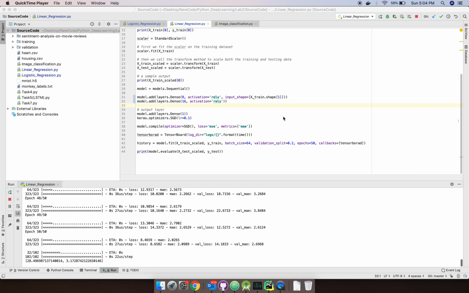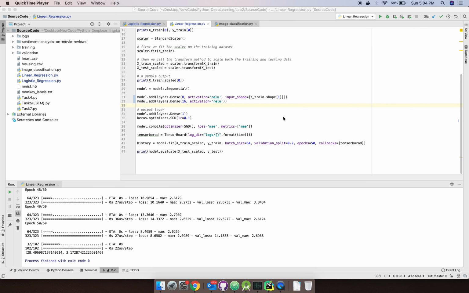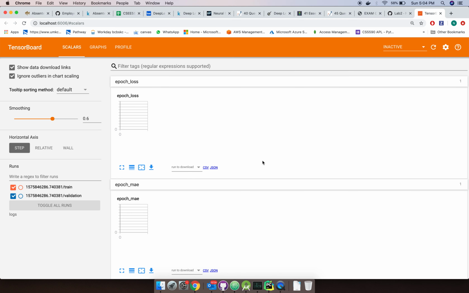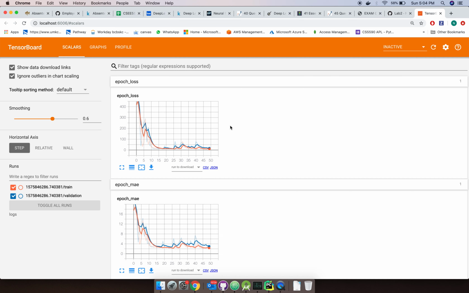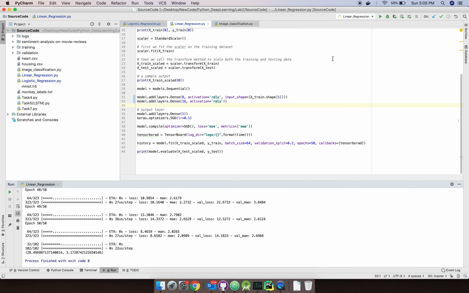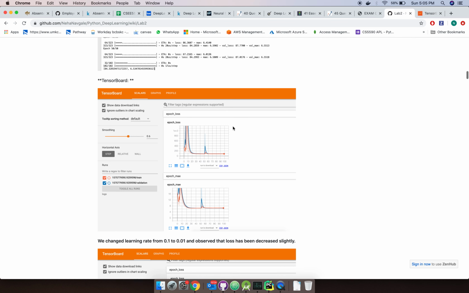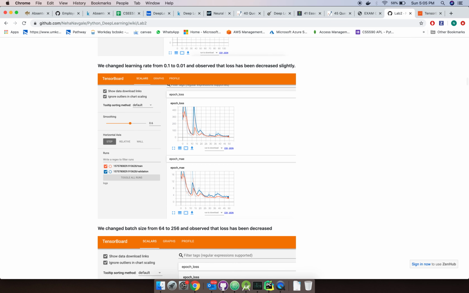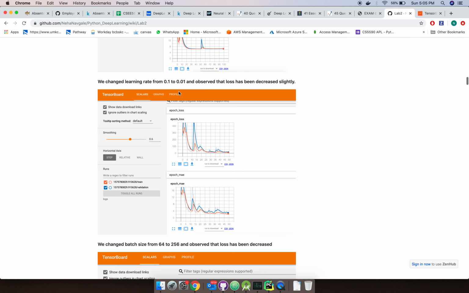I'm displaying the loss graph on TensorBoard. So this is the last graph that we got for the model. Now we will change some of the parameters and check the output. In the first change, I changed the learning rate. Earlier I took 0.1 and I've changed it to 0.01. If you see the graph, the loss has decreased slightly as compared to the 0.1